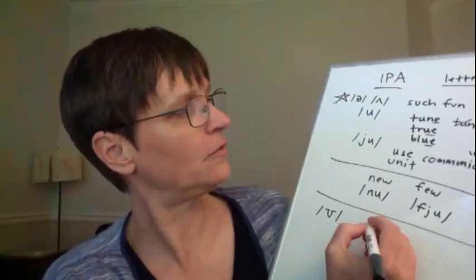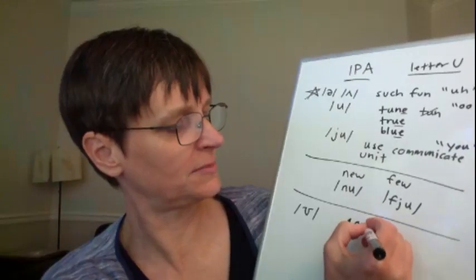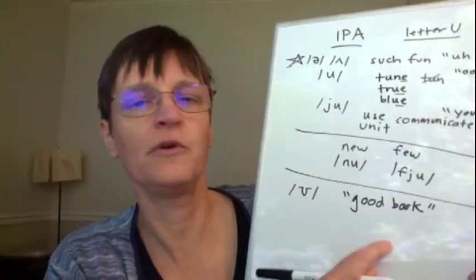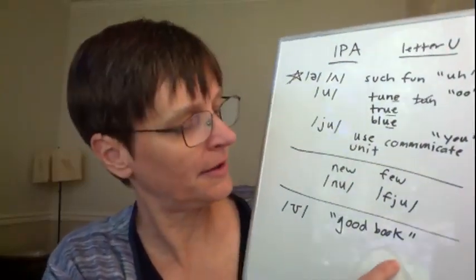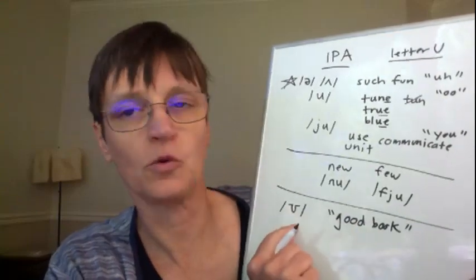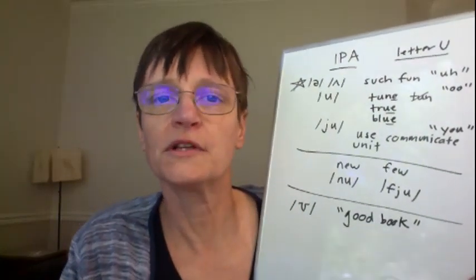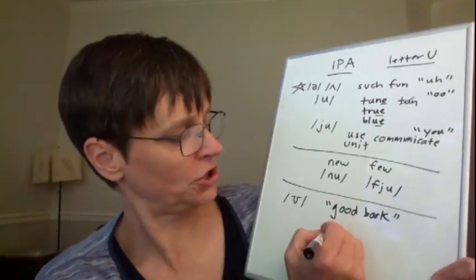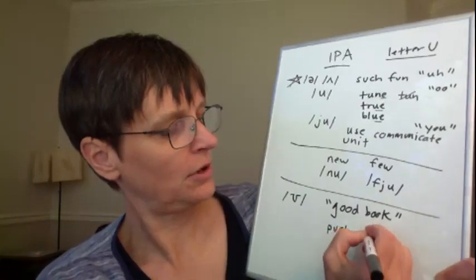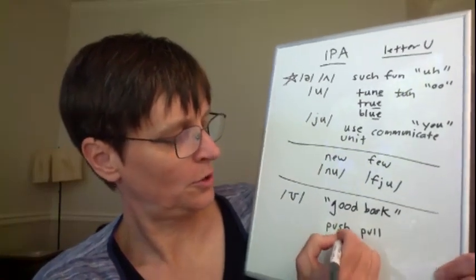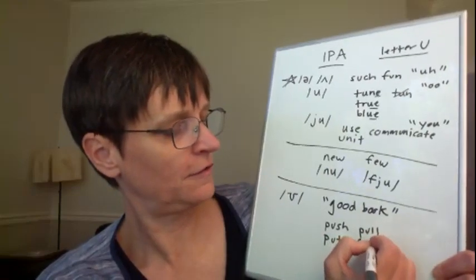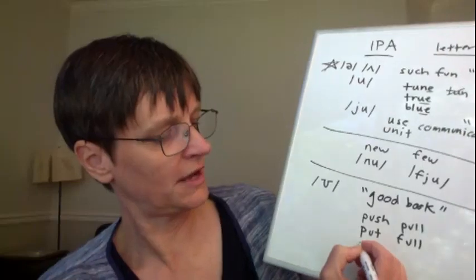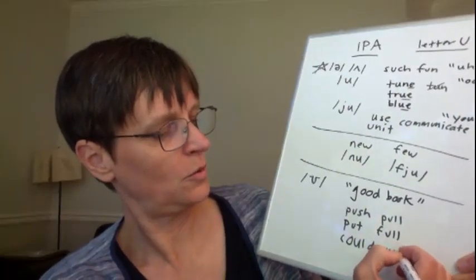and the phrase I use to help you with it isn't spelled with U. But I like to pair this vowel with the words good and book because these are words that you're often pronouncing correctly. Words that are spelled with letter U that have the vowel, some of them are push and pull, put and full. And also we spell this with OU in words like could, would,